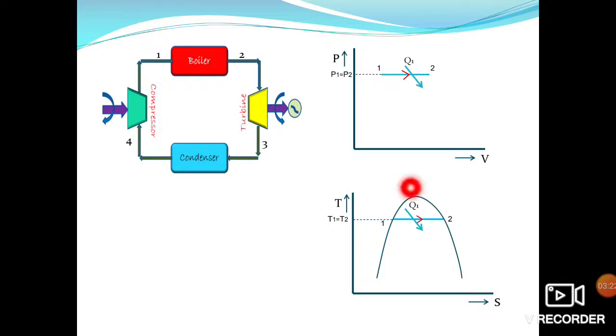This we are plotting against the vapor dome. To the left is the saturated liquid line, to the right is the saturated vapor line, and beyond this is the superheated steam. So the points will lie on these two curves because saturated water at point 1 is converted into dry saturated steam at point 2. This steam will be given to the turbine. The turbine will produce work.